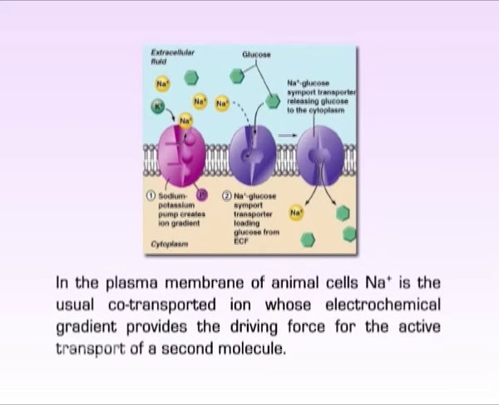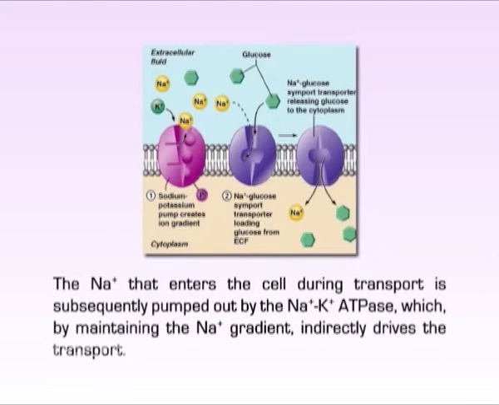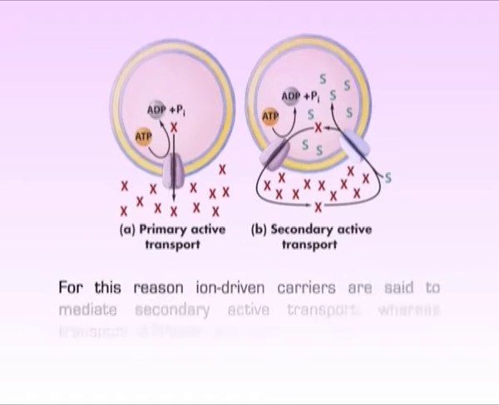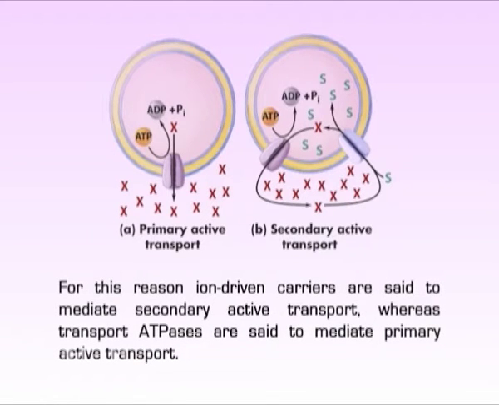In the plasma membrane of animal cells, sodium ion is the usual co-transporter ion whose electrochemical gradient provides a driving force for the active transport of a second molecule. The sodium ions that enter the cell during transport are subsequently pumped out by the sodium-potassium ATPase, which, by maintaining the sodium gradient, indirectly drives the transport. For this reason, ion-driven carriers are said to mediate secondary active transport, whereas transport ATPases are said to mediate primary